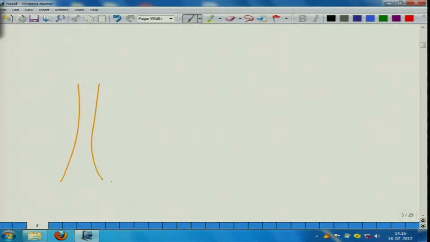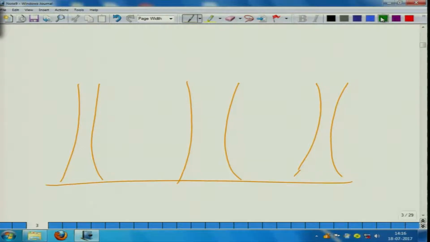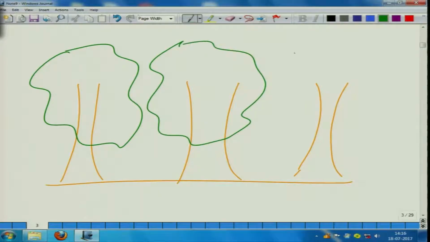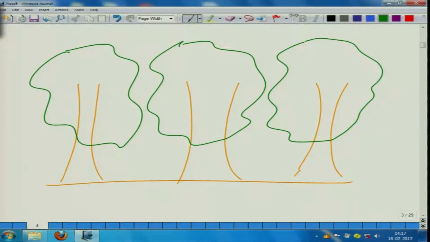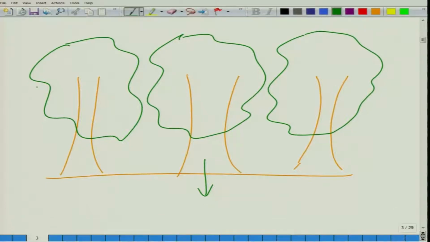We will have some small diameter trees, some large diameter trees, maybe some medium diameter trees, and in a fixed area sample plot, you measure all the trees inside your sample plot. However, when we consider point sampling, the trees which have a larger diameter